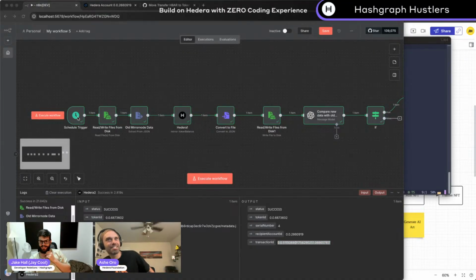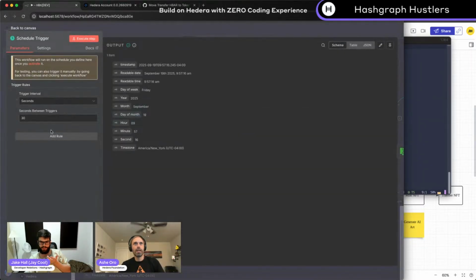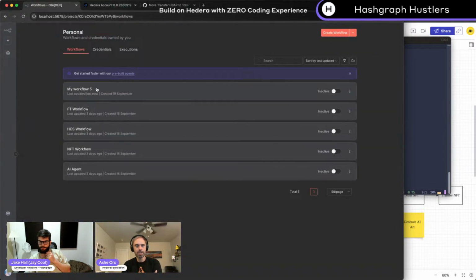That's amazing. Because it's a scheduled trigger, it should just run. At the moment, I think it's running every 30 seconds. So we had a bit of a learning curve here with n8n, storing files and converting to binary files and all this stuff. But once you learn this stuff,